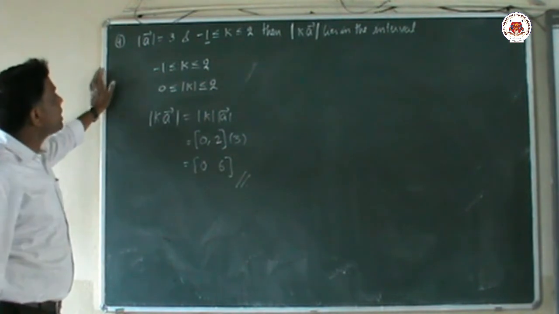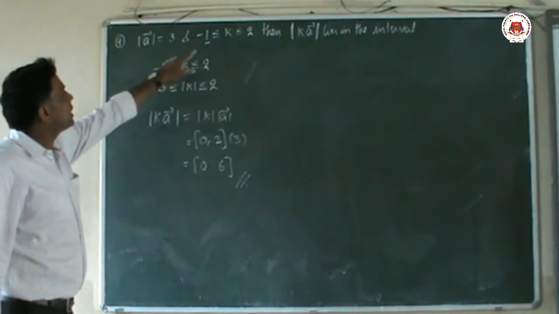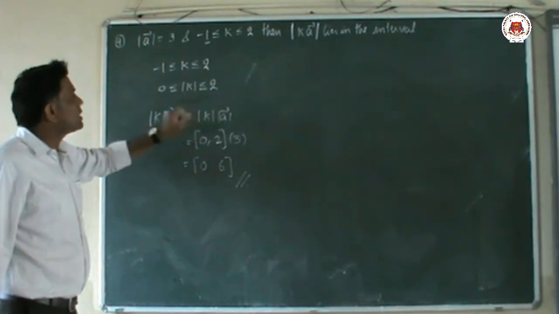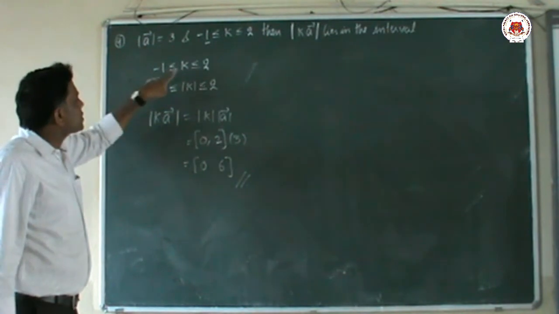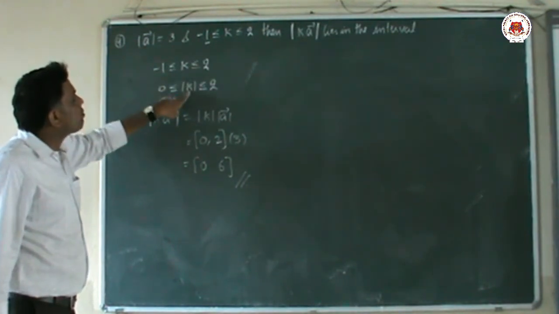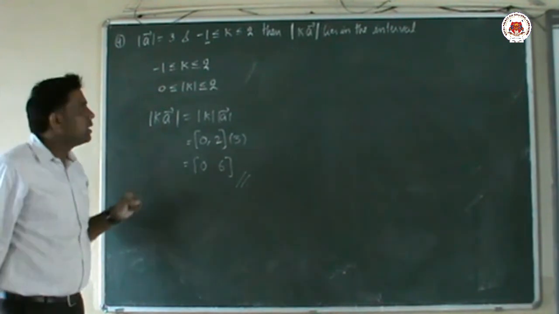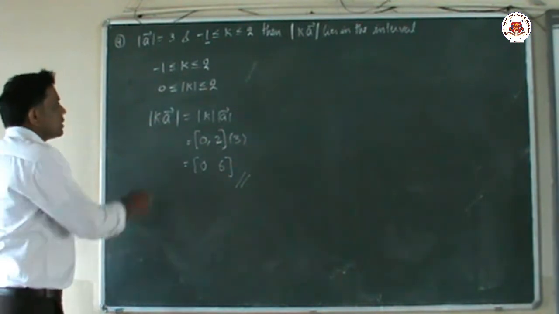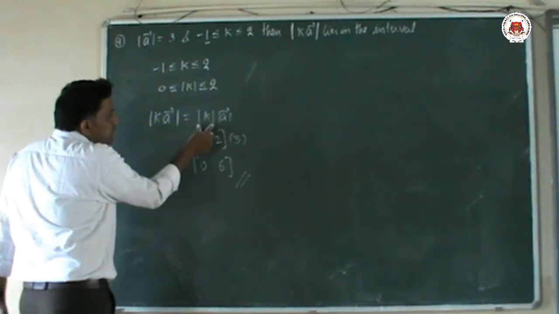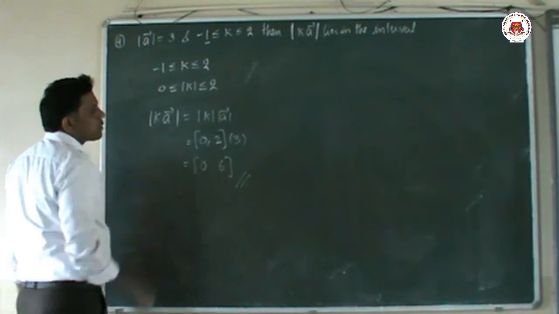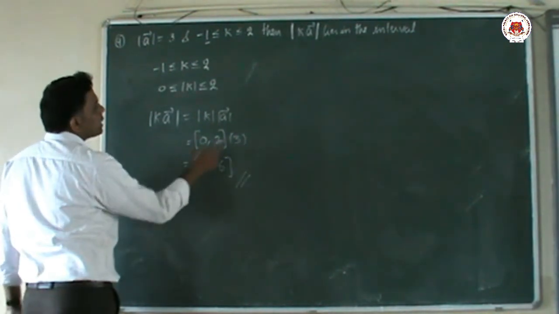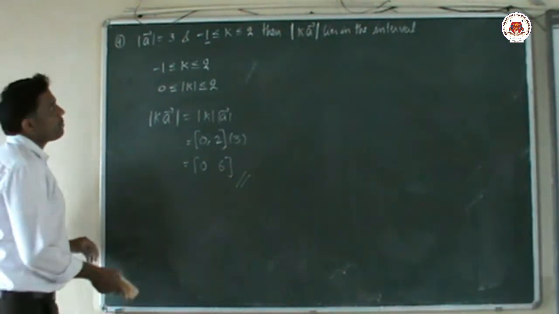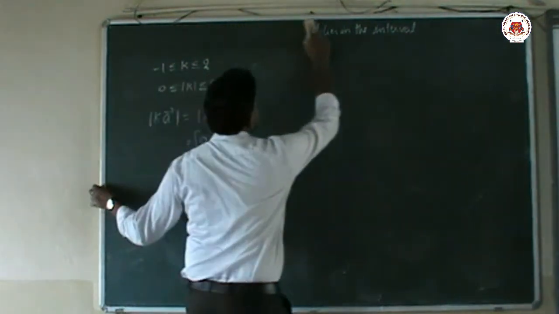So one more time I am explaining. Here the mod A value we know. Here he has given the k limit minus 1 to plus 2. But we have to find the modulus of k. So mod k means the least value of k is minus 1. But in mod the least value is compulsorily 0 only. So instead of minus 1, in mod I am taking the least value 0, which is a non-negative number. So 0 to 2, compulsorily the closed bracket, and the mod A value is 3. Multiply with 3: 3 into 0 is 0, 3 into 2 is 6. So that value is 0, 6. Now we will go to the next problem.